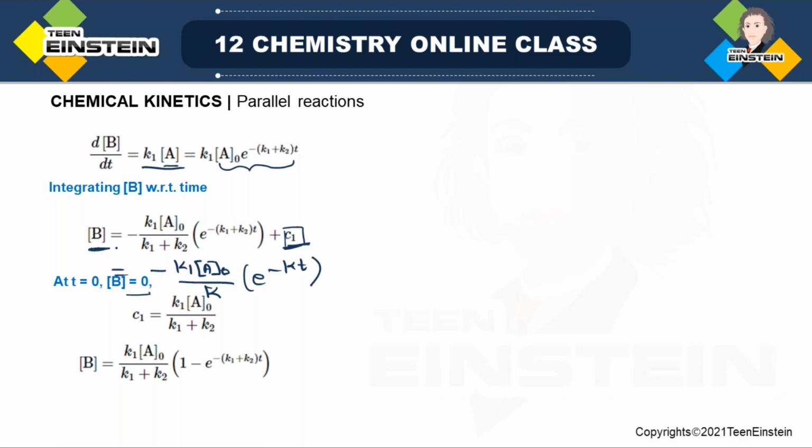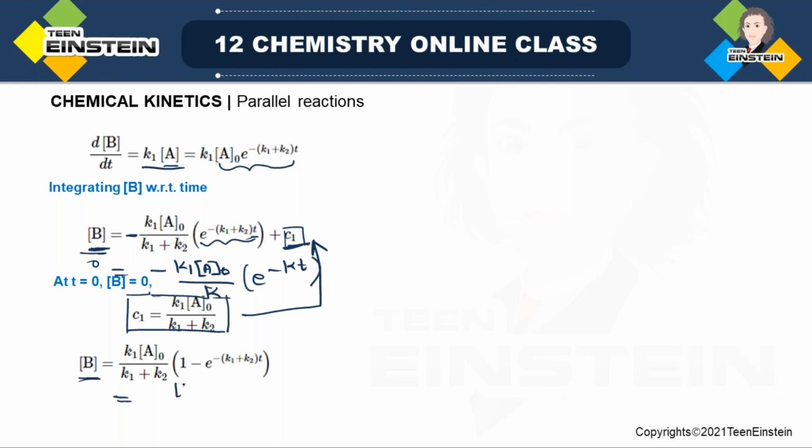So put B equal to 0 here and t equal to 0 here. So when t is 0, e to the power 0 will be 1, and ultimately the value of C1 will be this. Because there is a negative sign, this part will be 1, and the left hand side is 0. So you are getting the value of C1. Now put this value of C1 in this equation, and ultimately for the concentration of B, you will get this type